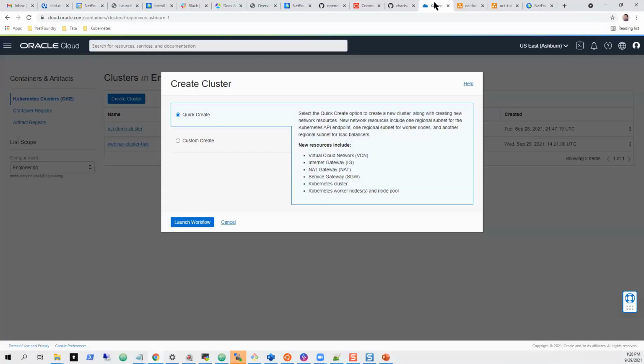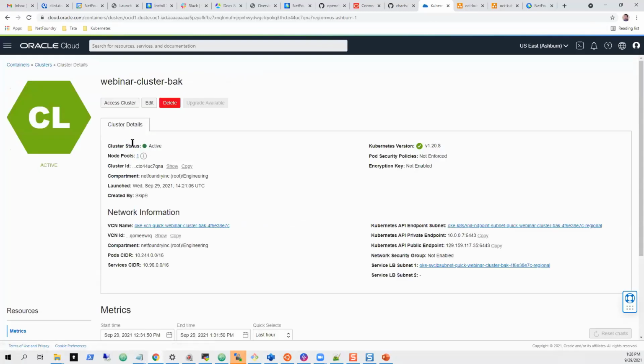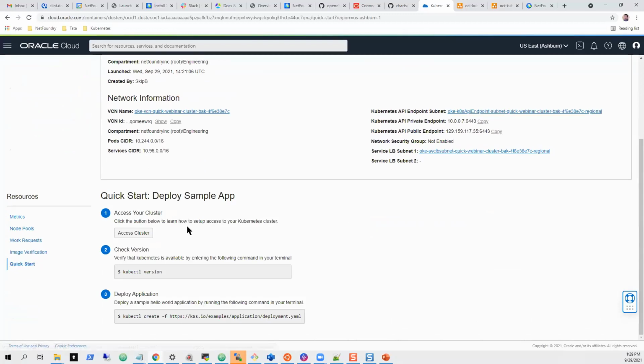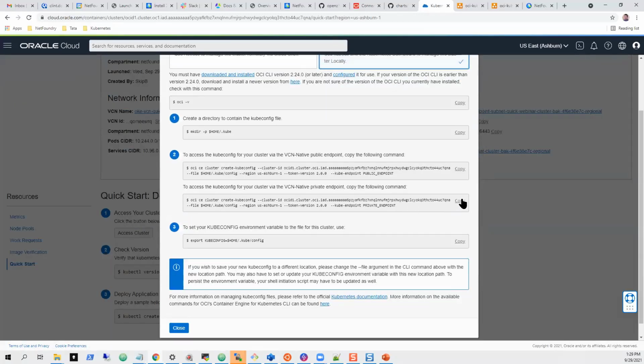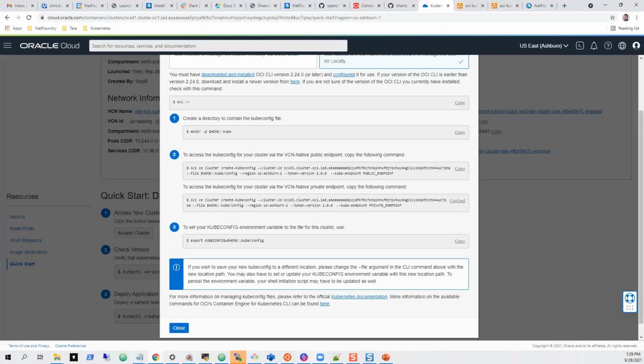So come back over here to the backup cluster, webinar cluster back, and same thing. Come over here to quick start, access cluster, local access. And this time I'll create a new config based on my private endpoint right here. So I'll copy this for private endpoint, copy that, come over here.